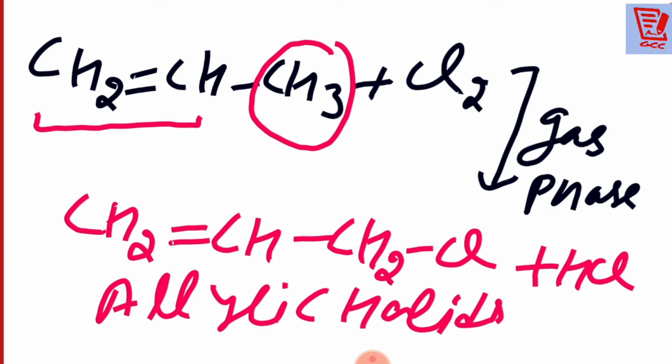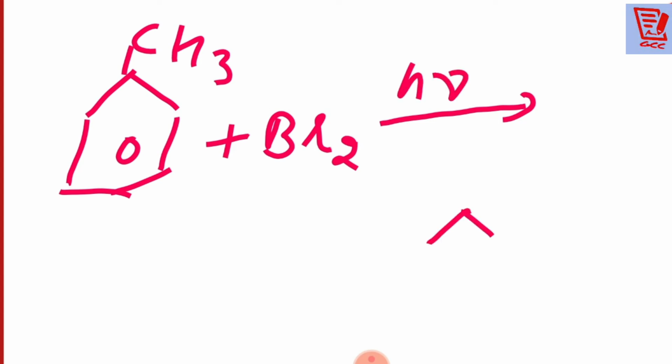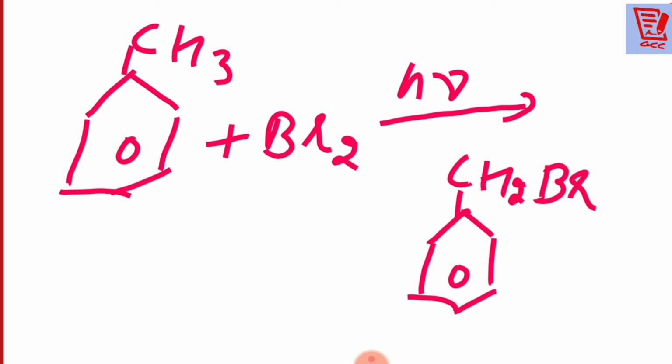Same way we can take one more example regarding that. Suppose I am taking here methyl benzene. This is also called toluene. What do you call it? Toluene. But here also, if you do the reaction in the presence of light, it will give only one product. What will come there? It will give CH2Br plus HBr.